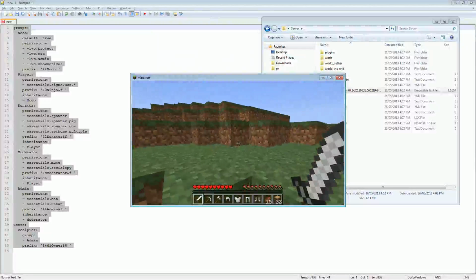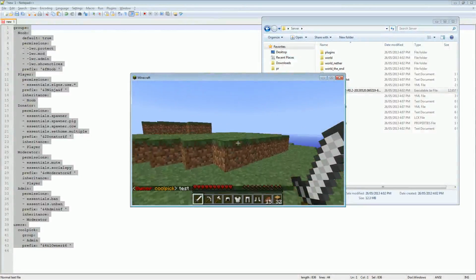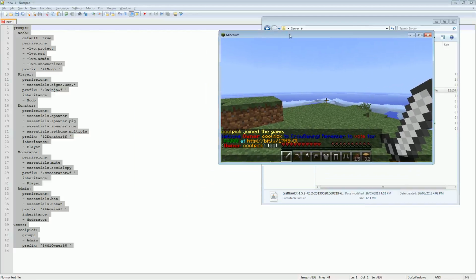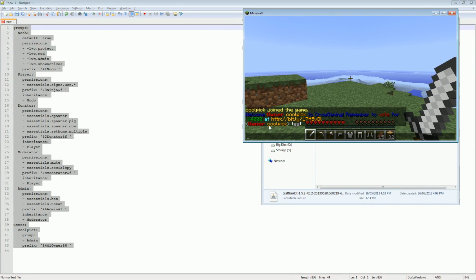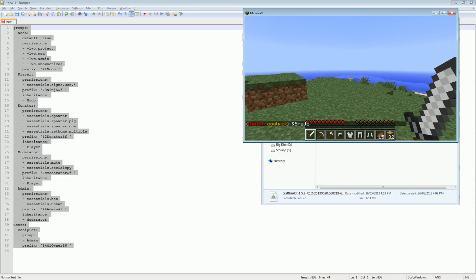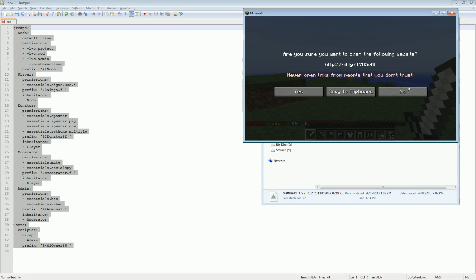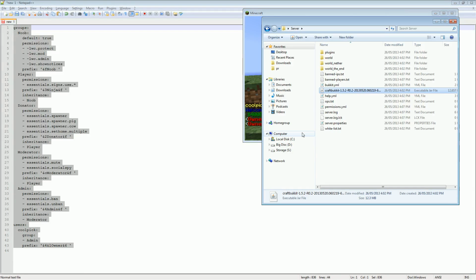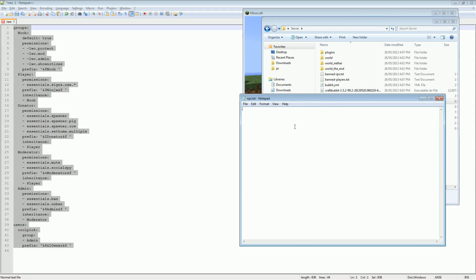Now the reason that when I say something, it's going to show up as orange. My name is orange because I've set it up to show as orange with &6. An example would be typing in hello. Oh, and we haven't enabled that. If you have it enabled in Essentials Chat and you have permissions, I need to op myself. So what we're going to do, since I don't have access to the console, type my name in here,